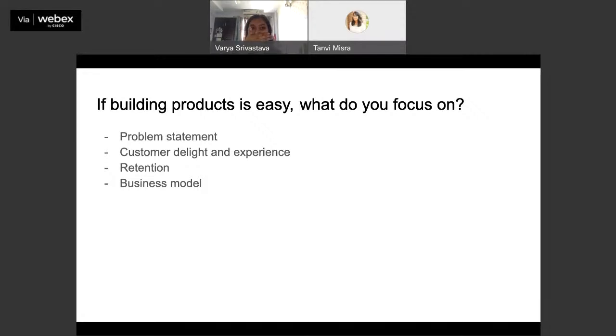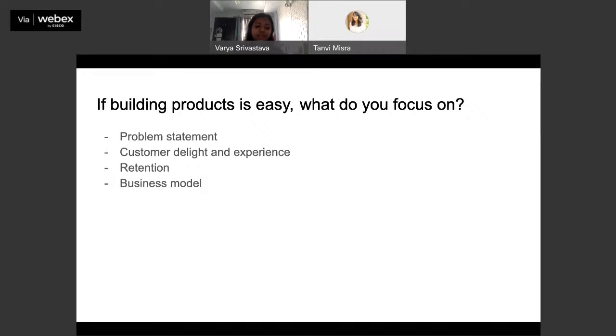So if I were to start building a new product from scratch today, let's take that example again. If I truly had to address the problem of homelessness in heat or summers in Delhi, what would I do? I'd start with the problem statement and identify, okay, when is this problem the most acute? Clearly, there are 3 to 4 months of summer when this happens. So when I'm addressing this problem, I just need to focus on these 4 months. I don't really need to focus on the other months throughout.